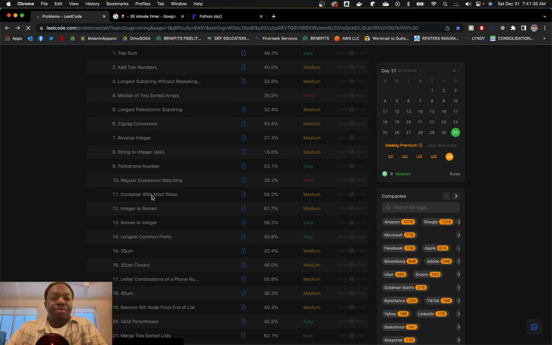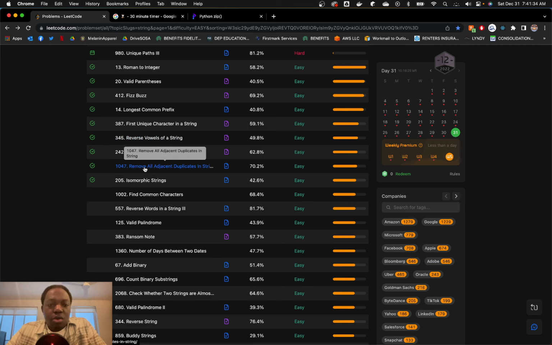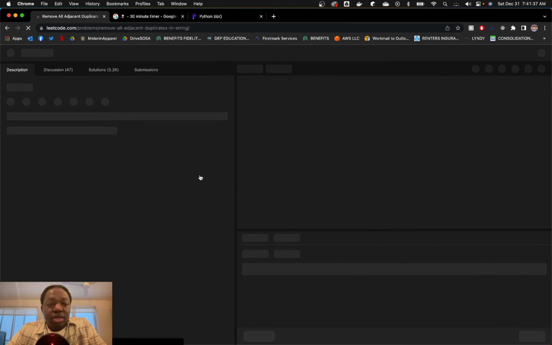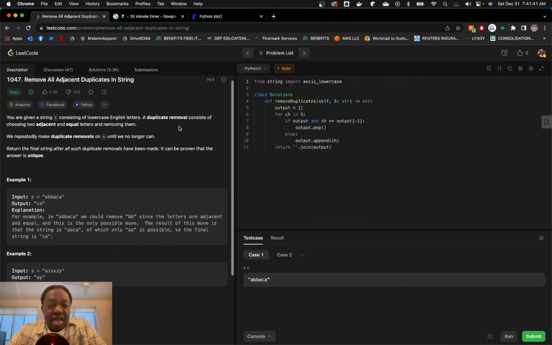Next one. Remove all adjacent duplicates in a string. Another fun problem to solve. So essentially we're saying that